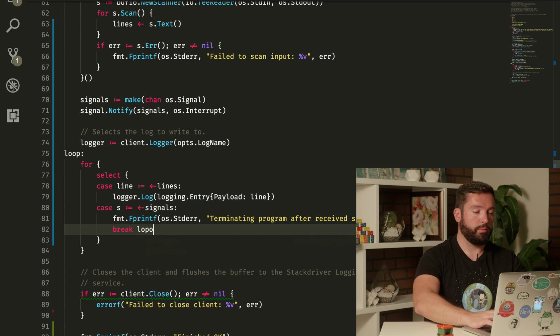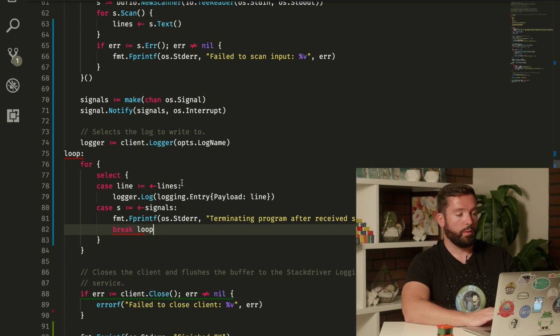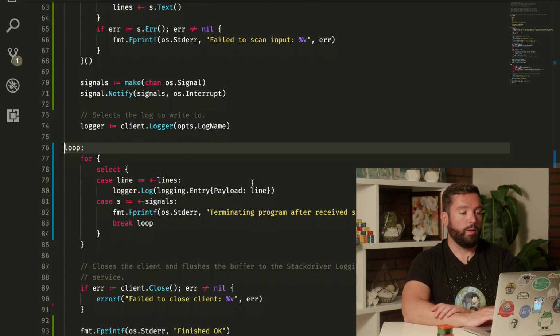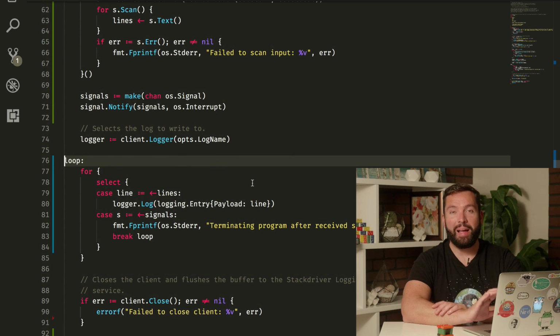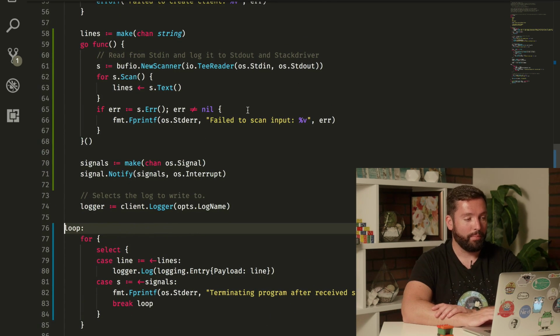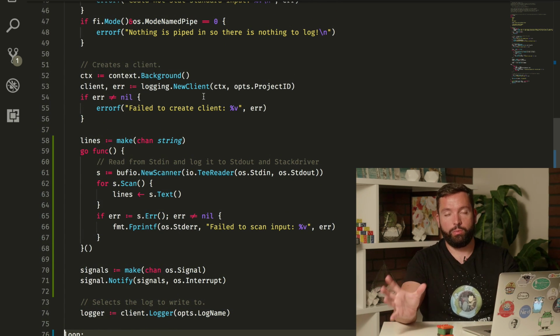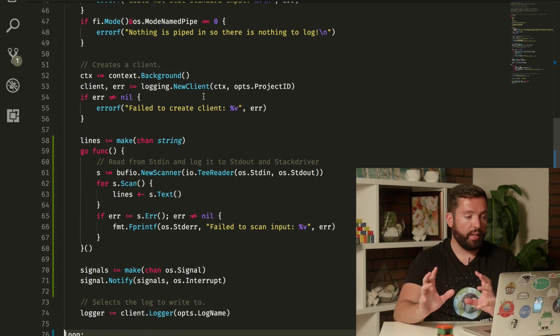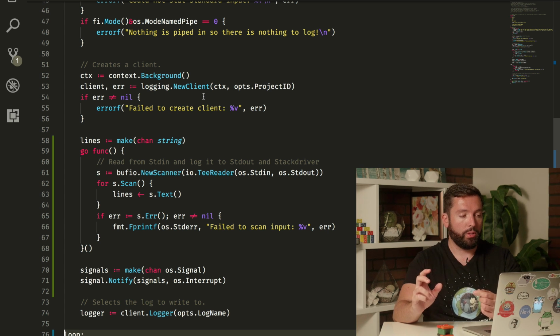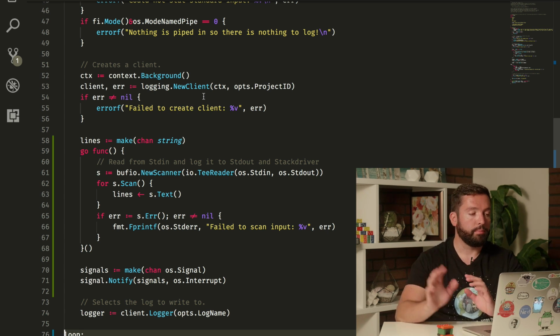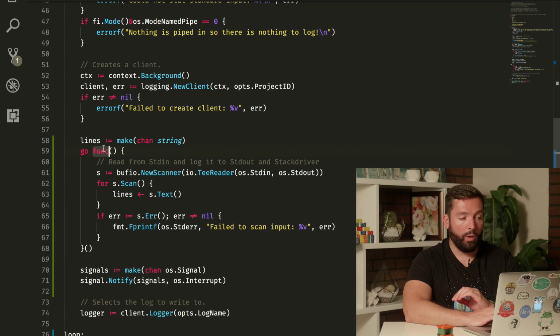So, break loop. Okay, this might be a little bit complicated, but let me explain. We've broken our program into two different Go routines. Technically three or more, but the two that we've written: one Go routine